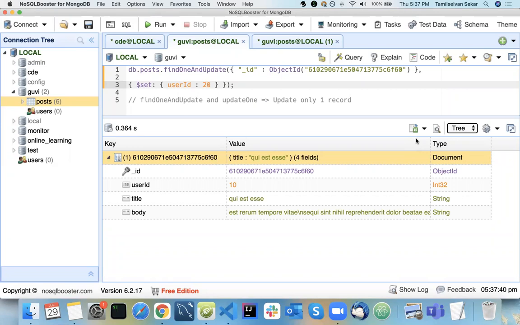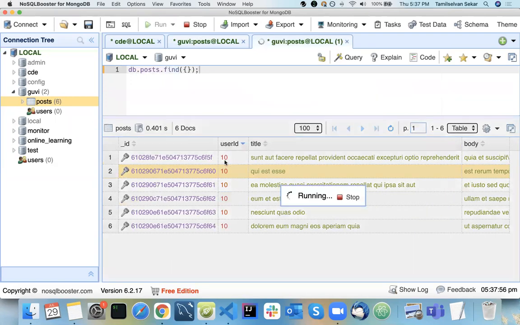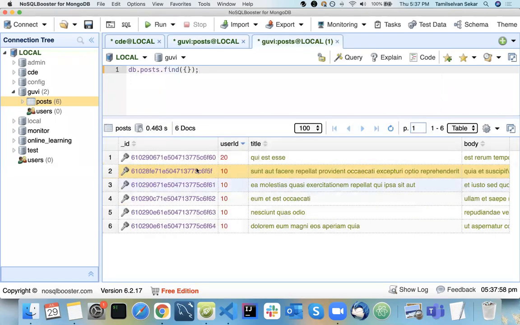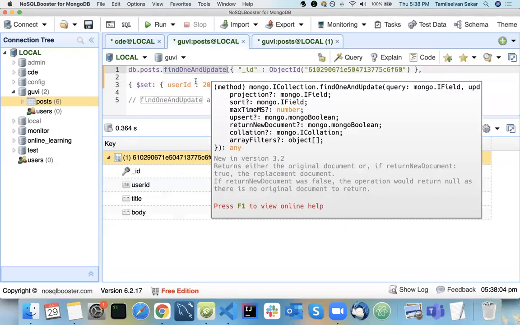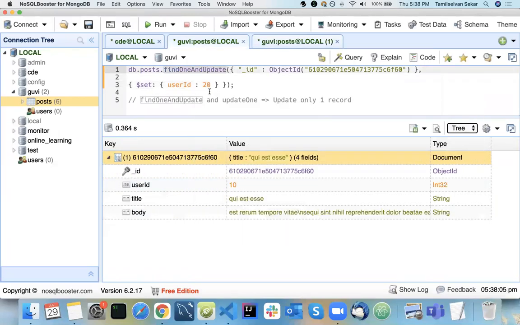It will update the data, and what I'll do is review this once. Actually it should retrieve you the updated data. It is getting updated here, but it is not retrieving the updated data. So find one and update is to return your updated data. That is the difference between find one and update one.